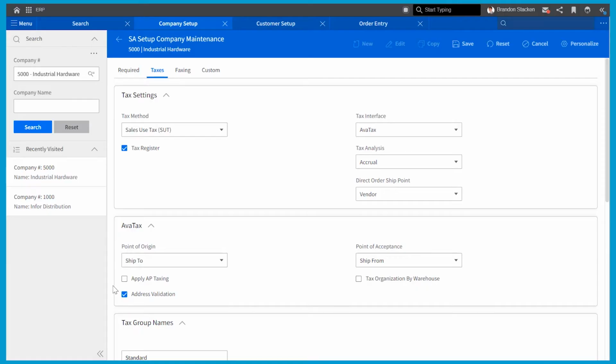If we go into the core ERP system, here under Company Setup on the Taxes tab, if we are using Avalara as our tax interface, down below you will see there is a checkbox that you can check for address validation. When this is turned on, Avalara will now validate the address that is being entered into CloudSuite Distribution, either in customer setup, customer ship-to setup, or even at the point of order entry if entering in a one-time